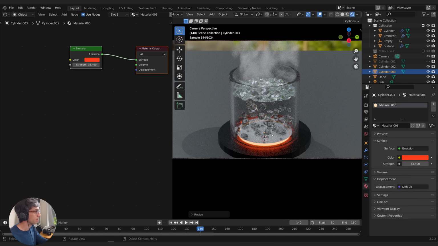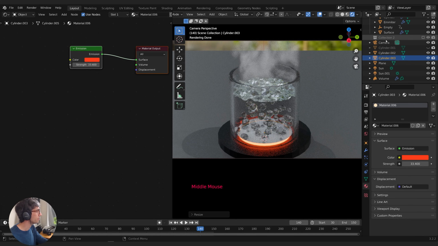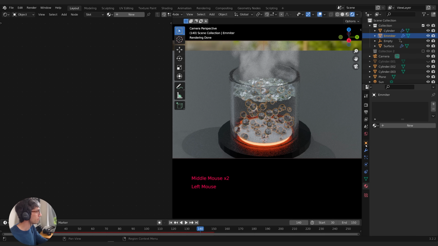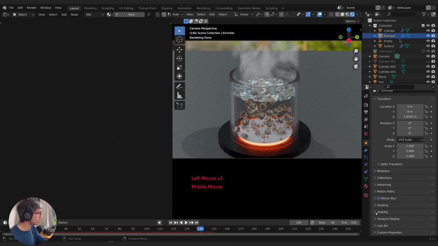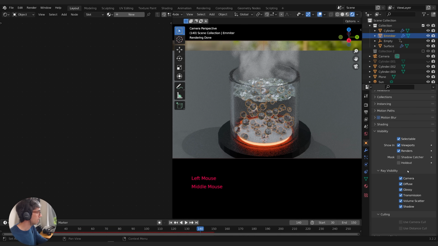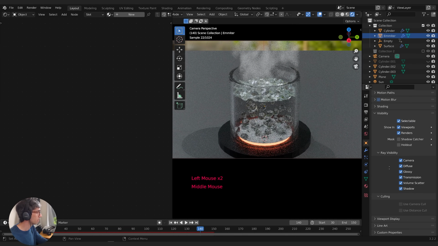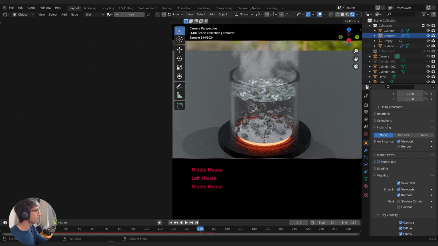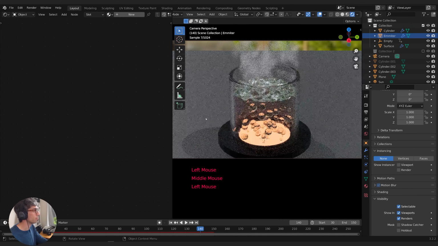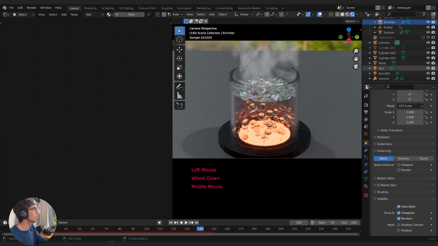And I'm seeing my emitter in my shot still, so I can grab the emitter. Where is it? And I can come over here to the object properties, go to visibility, and I can just turn off viewport. Nope. Oh, that's right. Go to instancing under the object properties and just turn off viewport, and that will allow us to see it.